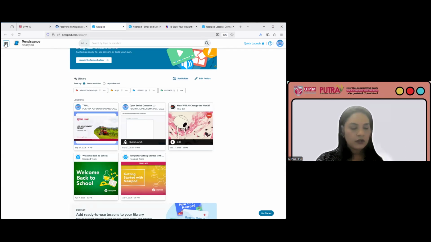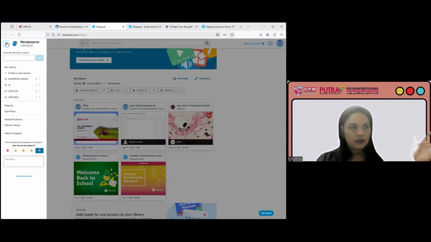So, where is my navigation menu? So if you look on to the left-hand side, on top, you have these three dots right next to the Nearpod logo. So if you click on the three dots, right? Your navigation menu will open up, and it's a very simple menu. You have create a new lesson. That's all that you need, right? And of course, you have the list of folders. So click on create a new lesson,